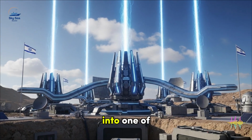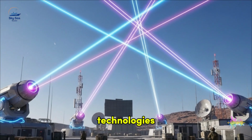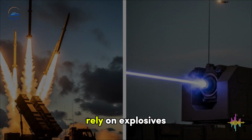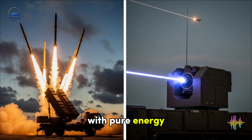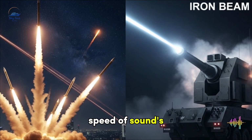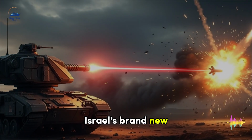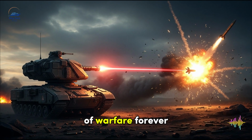Today we're diving into one of the most futuristic and groundbreaking defense technologies ever created. It doesn't fire bullets, it doesn't launch missiles, and it doesn't rely on explosives. Instead, it fights with pure energy, using beams of light traveling at the speed of sound's ultimate rival, the speed of light. This is Iron Beam, Israel's brand new laser defense system, and it could change the future of warfare